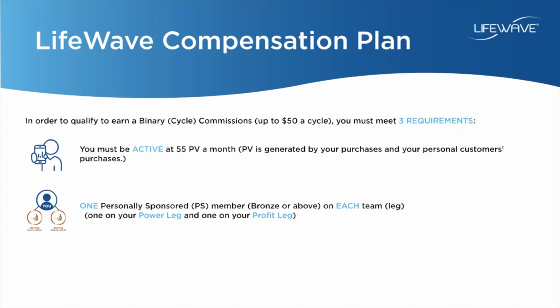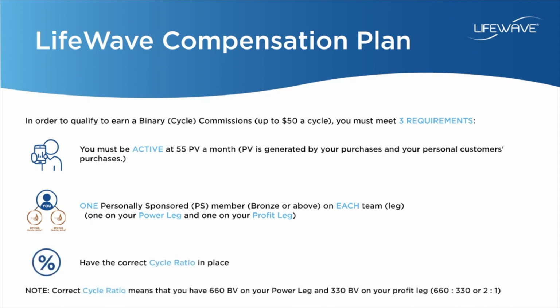That's our first kit. You also have to have that correct cycling ratio like we talked about. The 660 BV on your power leg and the 330 BV on your profit leg. Once you've met those 3 requirements, you're eligible for those commissions. Okay, once you're binary qualified, you open up the potential to earn a lot of money when it comes to